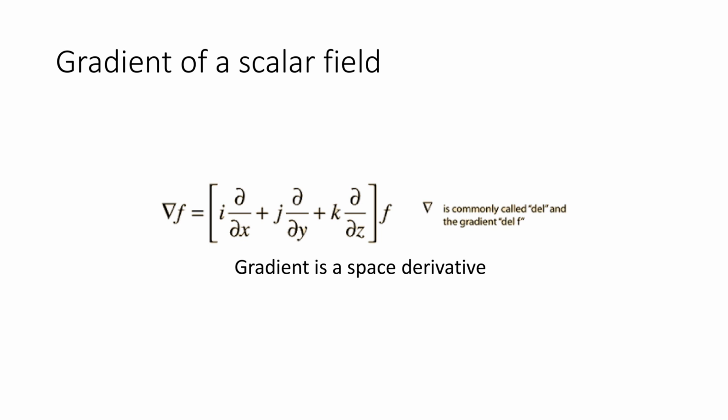In this case, we are taking the gradient of f, so it represents the partial derivative of f with respect to x. And i, j, k are the unit vectors in the corresponding Cartesian directions: i for the x direction, j for the y direction, and k for the z direction. This is a three-dimensional formula